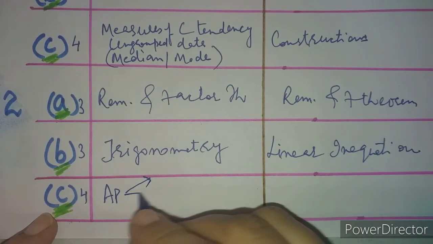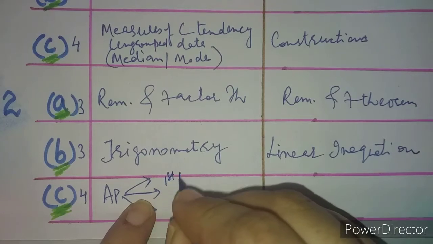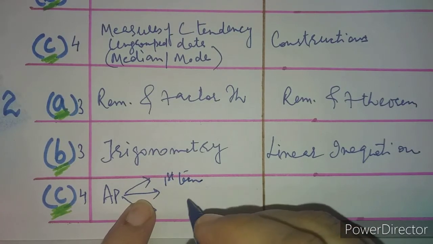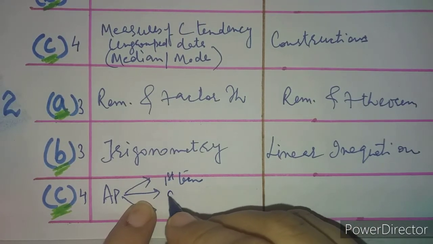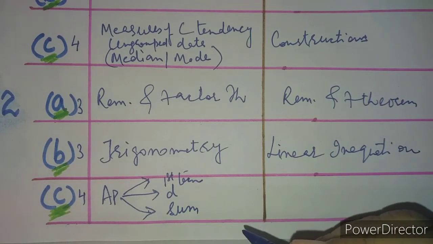And students, if you have seen my last video, capsule 1, in which I told you how to prepare for ICSE board exam mathematics, I told you that you should always go for those questions which explain the chapter in totality. See, the same thing has happened here. From AP, this question asked the students to find the first term, then the common difference, that is d, and the sum of whatever the number of terms was, right?